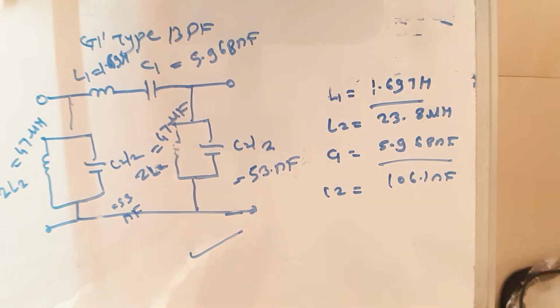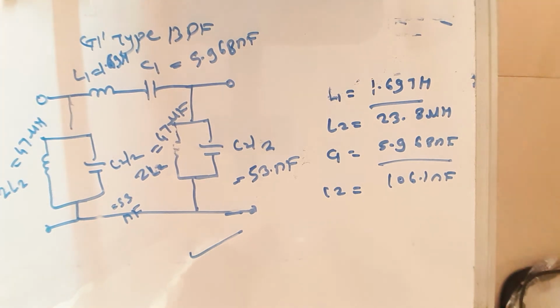Firstly, we will draw the T type of band pass filter by configuration of T type of low pass filter and T type of high pass filter. Then afterwards we will draw the pi type of band pass filter by configuring pi type of low pass filter plus pi type of high pass filter. Now we will go for one problem. We will see the formula for L1.